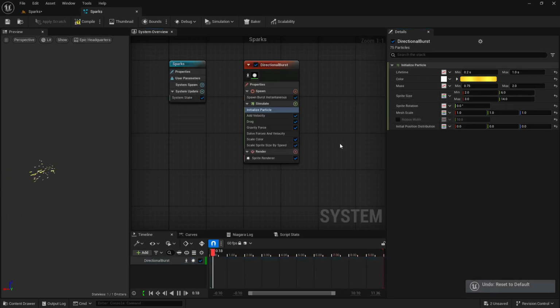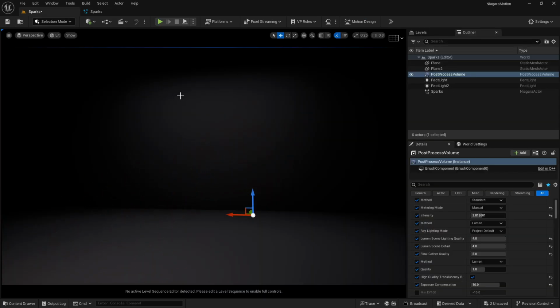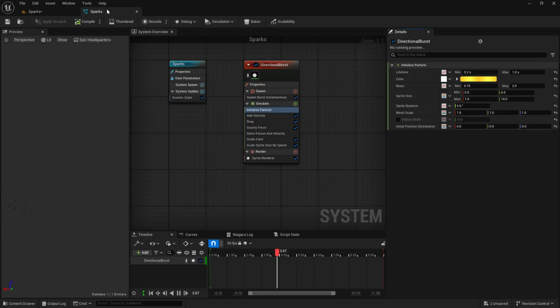But if I press Ctrl Z again, you can see we are having this minimum and maximum of width and height here. So let's just change this to maybe 0.5 and here maybe to 1. Okay. And now you can see the result, and we are getting this spark effect now, because we have just resized the sprite size in a non-uniform way. Okay. So you can do that as well.